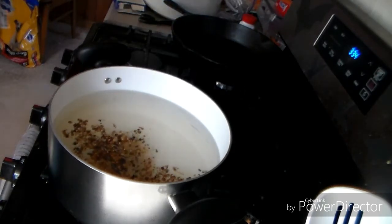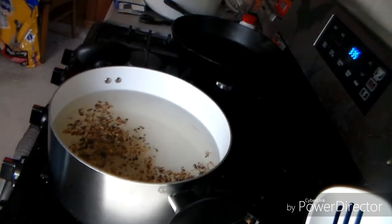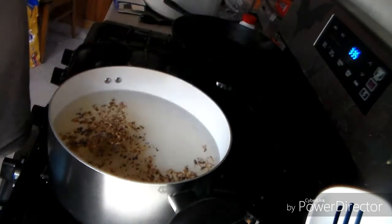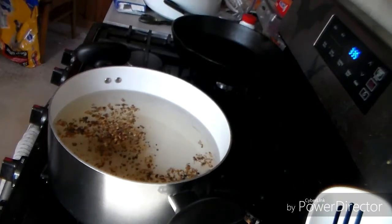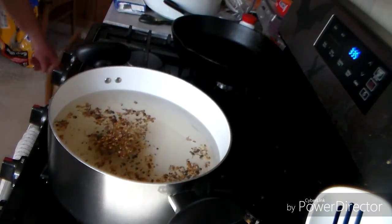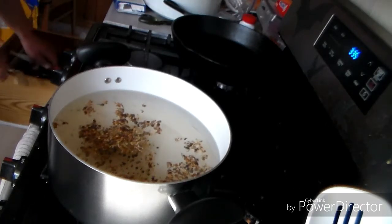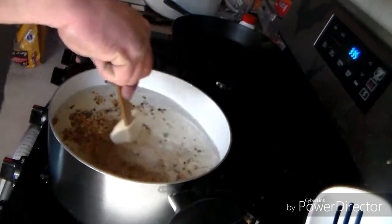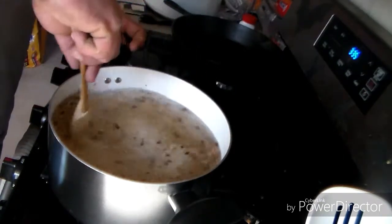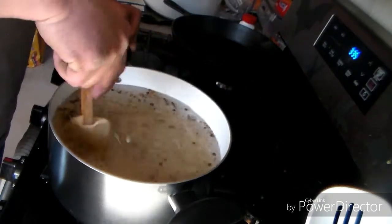And what you want to do is bring this up to a boil. Occasionally stir it, and then when you bring it to a boil, then you simmer it for 5 minutes. Usually, once this thing dissolves,